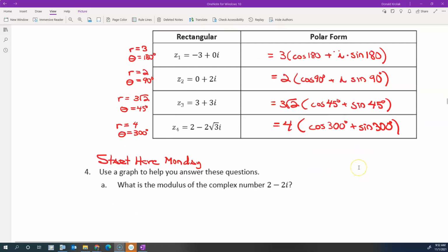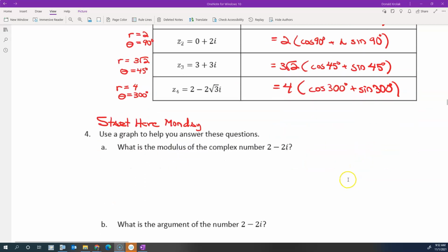Okay, so it says use the graph to answer these questions. So this is in rectangular form, and we're going to take it, that's in rectangular form, and eventually convert it to polar form. All right. So, rectangular form, what's the modulus? So if we graph this thing,